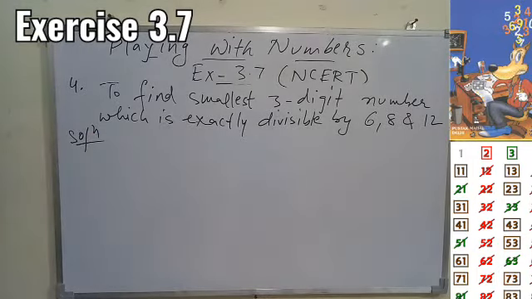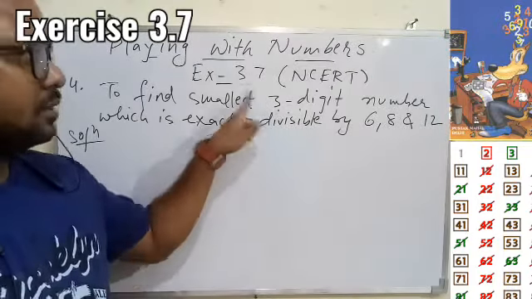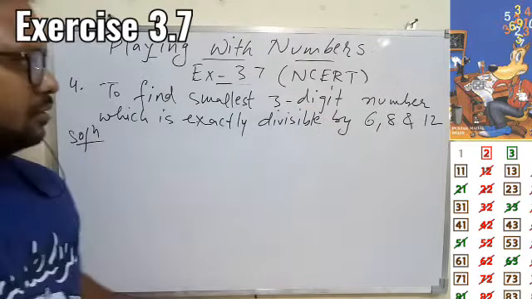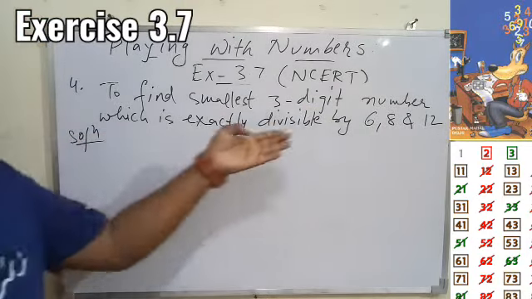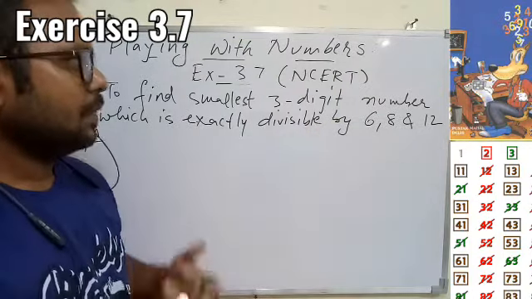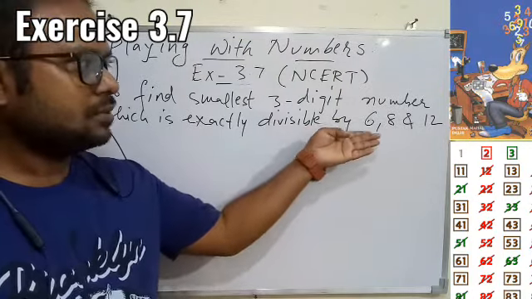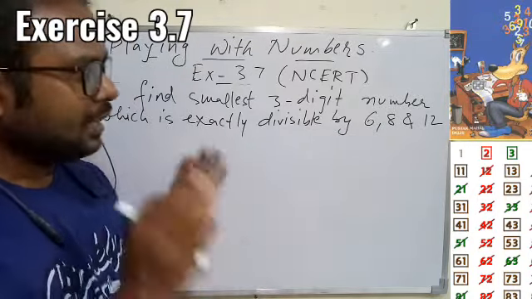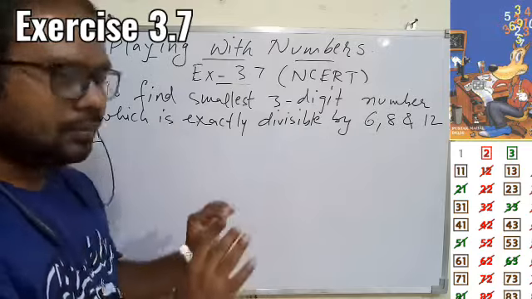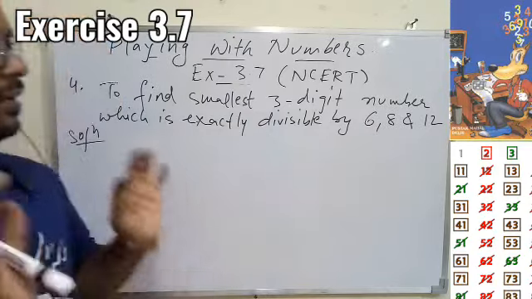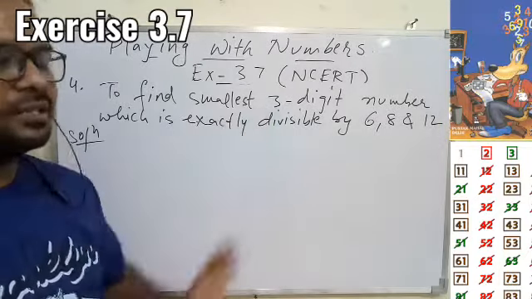The question is not so difficult now. So we have to find the very first, smallest 3-digit number, and that smallest 3-digit number must be divisible by 6 also, 8 also and 12 also. So overall we are going to find the multiples of 6, 8 and 12, and that multiple should be common to all the three, and that should be the minimum or the least multiple for all the three, but the condition is that the number must be a 3-digit number.